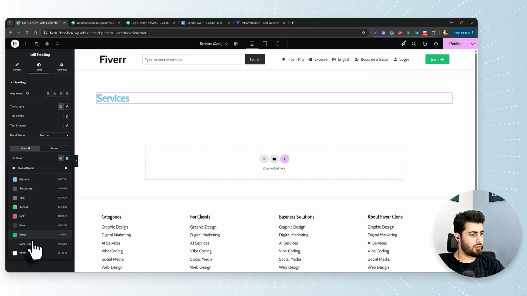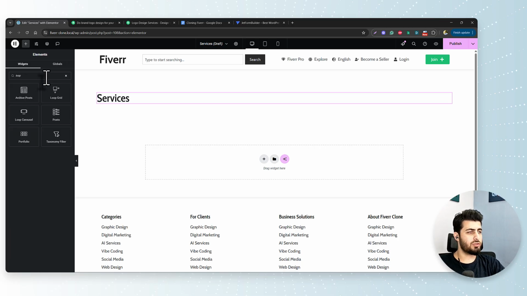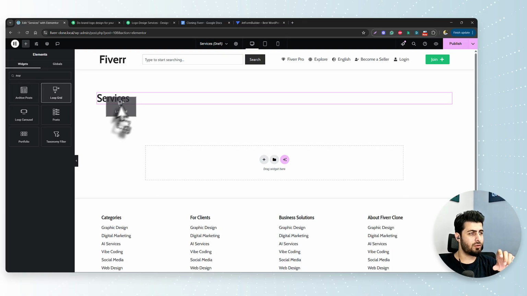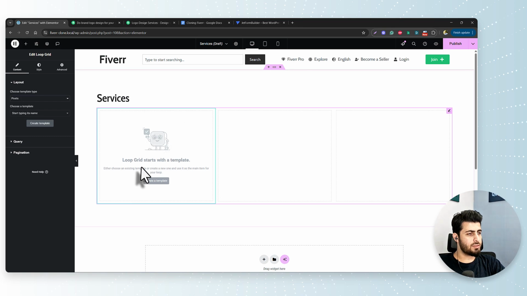The color should be dark gray. And here the next thing is that I'm gonna use the loop grid widget. Now the loop grid is going to make sure that we can see all of those posts in the specific grid I just created. Here I'm gonna go with that, and you can see here that it's asking me to choose a specific template. So from the template type, it should be posts. Okay, I'm gonna choose the